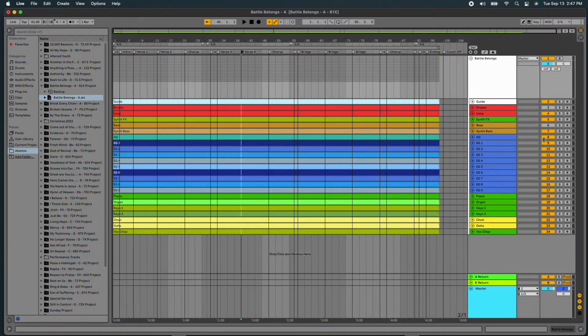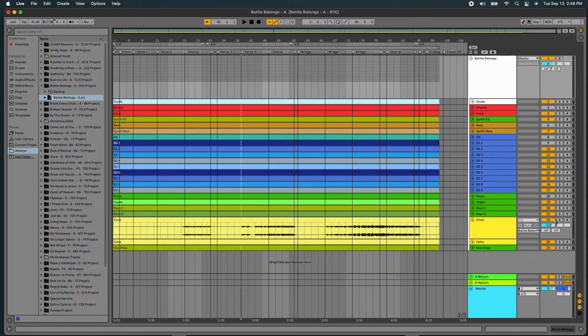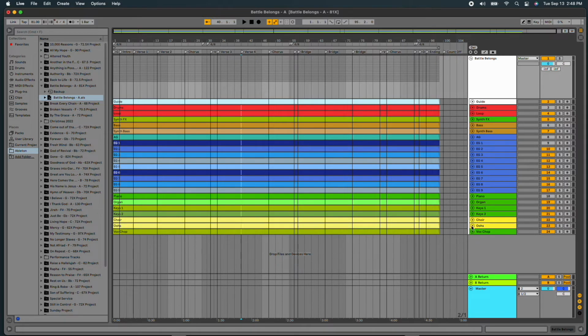I can mute the bass player because I'll have a bass player. AG and EG, we can mute some of those. You can mute a piano, and maybe whether or not I need to mute an organ, like turning down if I wanted more or less choir. You can see this one's reduced by 3 decibels. This choir channel is reduced, and so it stays in the mix. It's just reduced. I didn't like how much was there, so I reduced it in the mix, and so we have full control